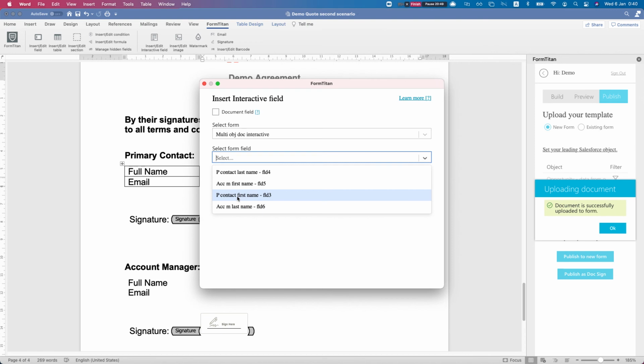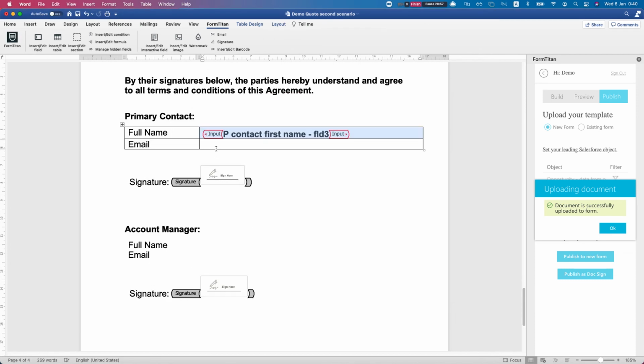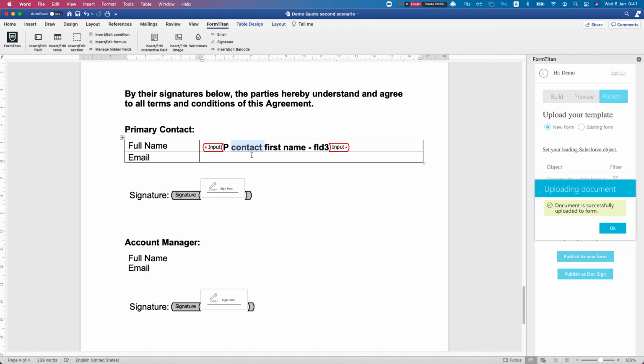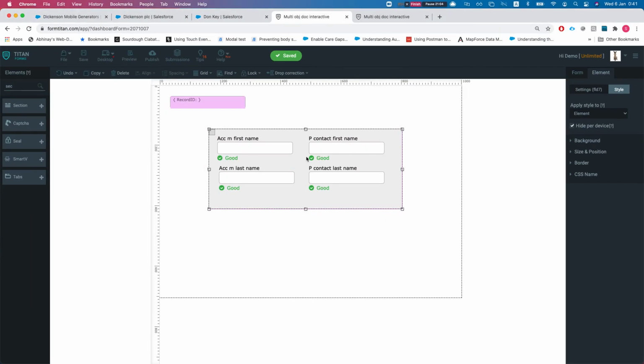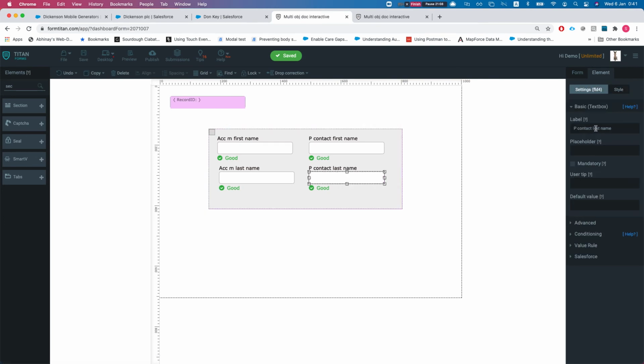So we'll map this one to the primary contact first name. We actually should have brought in the email, so we'll change that around. Let's just map it to the first name, and we will change the last name to primary contact. Let's change it to email,